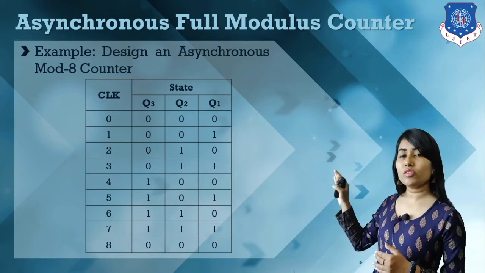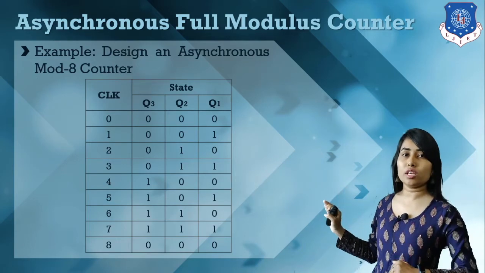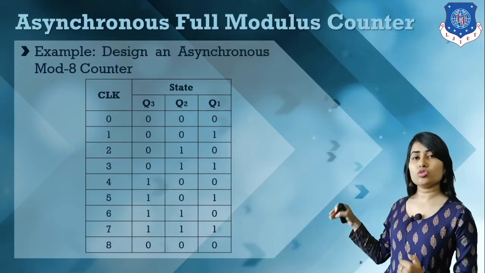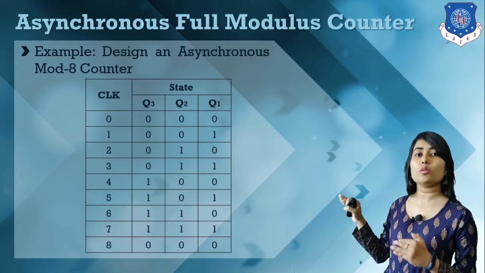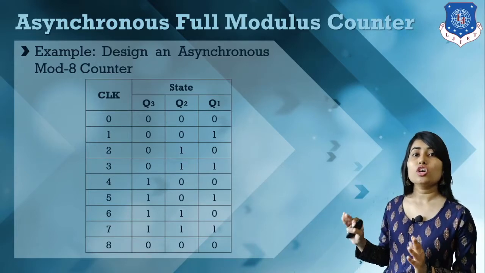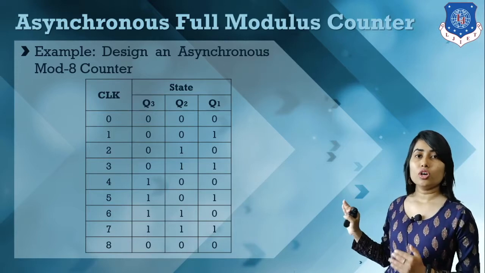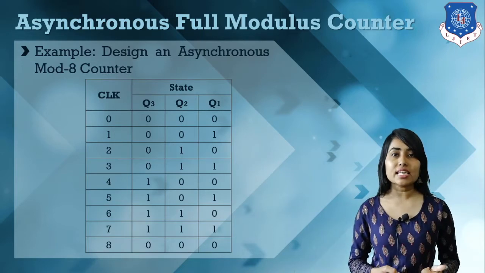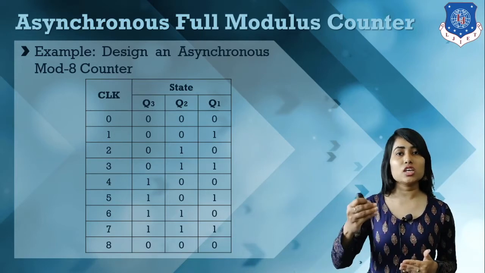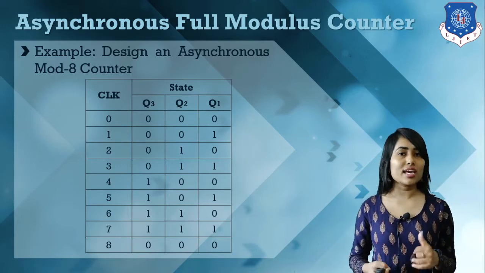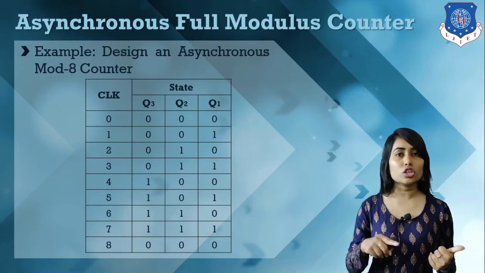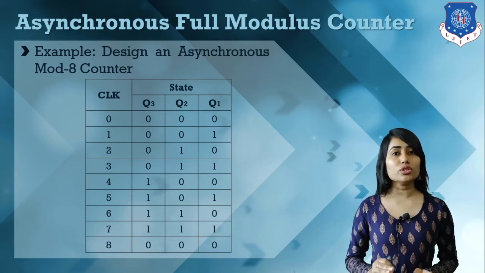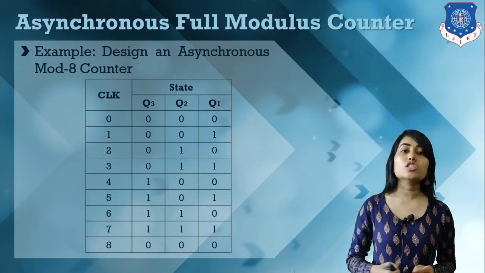The mode 8 counter goes through all the possible states of 3 flip-flops. These 3 flip-flops have a total of 8 values starting from 0 to 7. So all 3 flip-flops go through all the possible states. So this is our full modulus counter. Here is how we can design this. We know that in an asynchronous counter, whenever we want to count like 0, 1, 2, 3, we can use either a negative edge trigger flip-flop with clock Q1, or we can use a positive edge trigger flip-flop with Q dash. So using this logic we can construct this mode 8 counter.